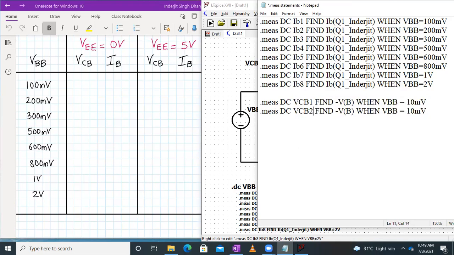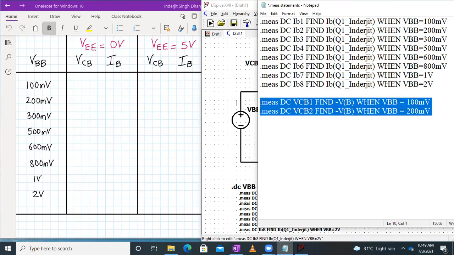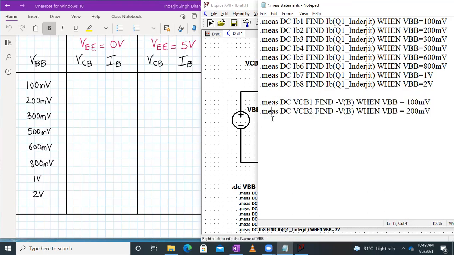So this will be VCB2, find, when VBB is equal to 200 millivolts. Here I have to write 100 and 200, and then I'll copy the statements and carry on with the next values. This will be VCB3, this will be VCB4, and here I have to find for VBB equal to 300, here it will be 500.